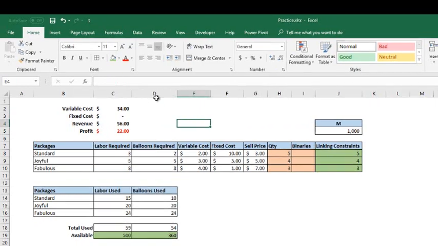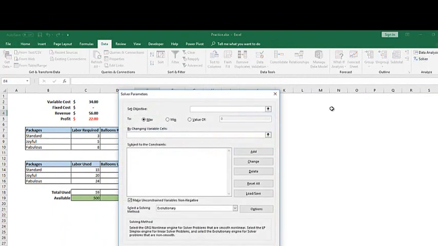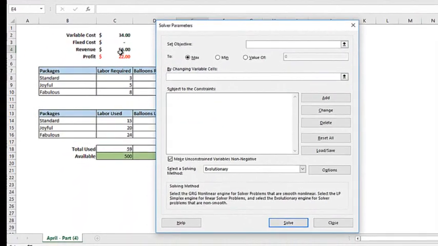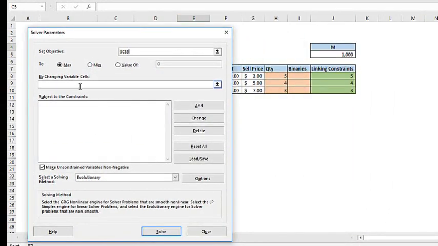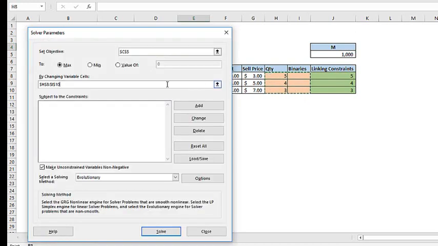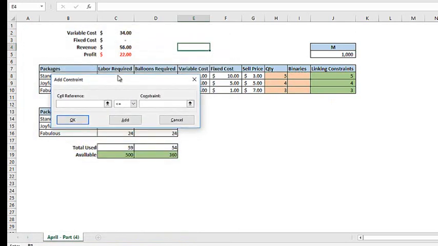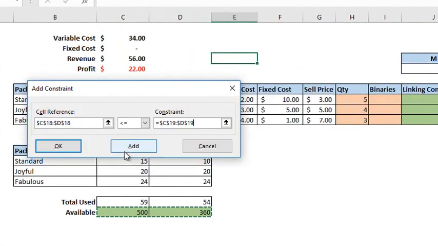Okay, so now we're ready to use solver. Come up here to data, solver. We want to maximize our profit by changing our decision variables, which will be our quantities here plus our binaries, don't forget that. And then for constraints, we want to make sure we follow the available balloons and labor constraints, so less than or equal to these numbers. Add,